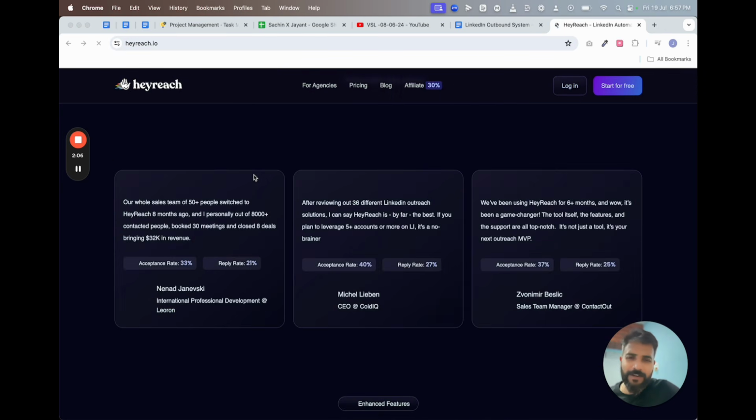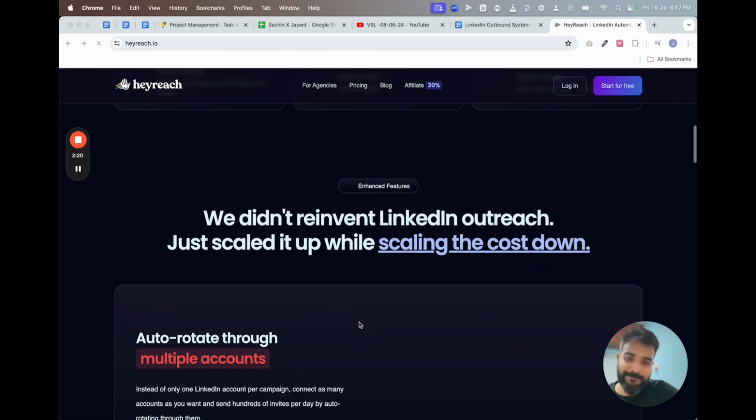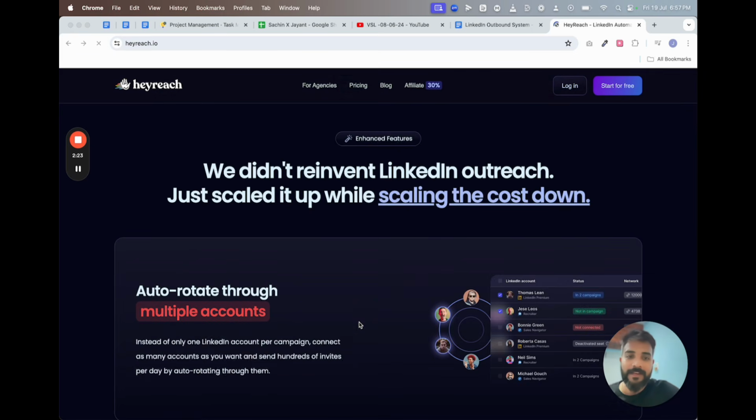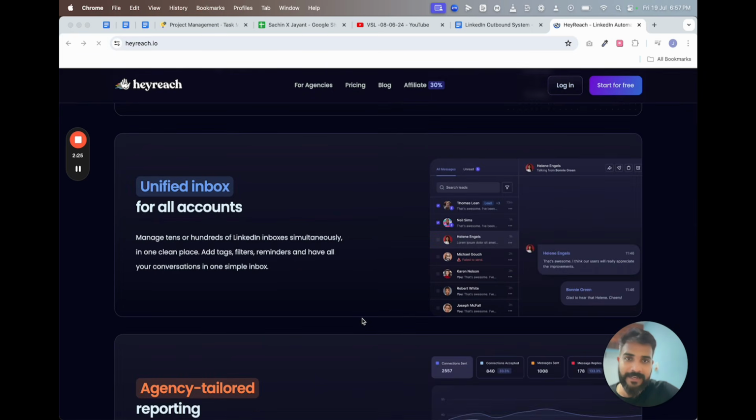Honestly, I've tried a lot of tools here. Oh, by the way, they have added the stats as well nowadays. All right, this is not bad, right? So this is a pretty cool tool to automate your LinkedIn. A lot of influencers on LinkedIn have used this particular tool to automate their LinkedIn outreach process. And I'll show you what exactly I have done, right?